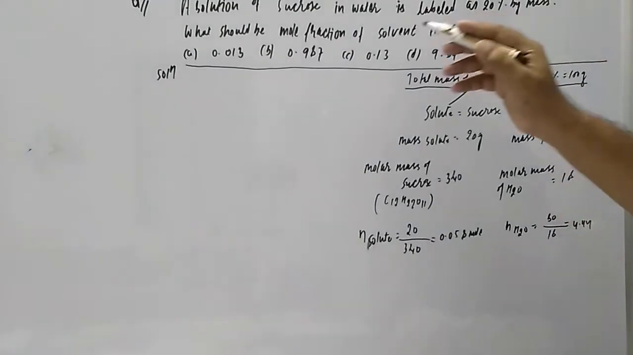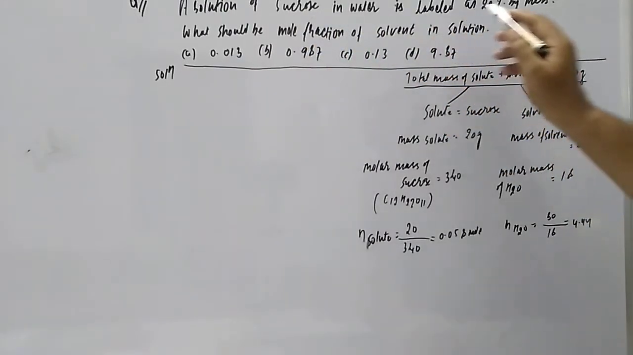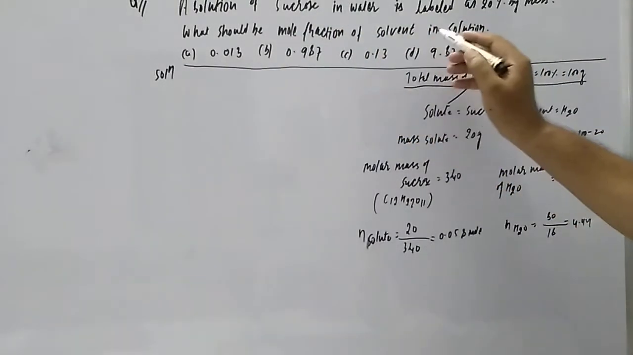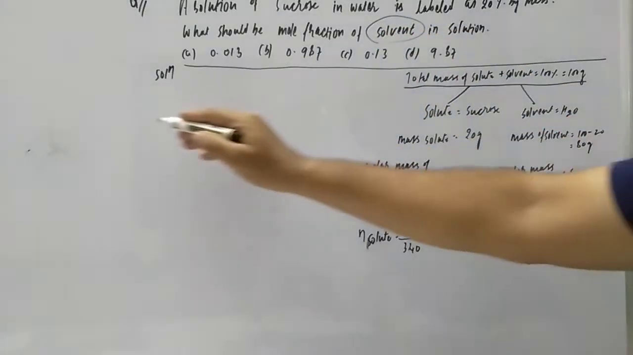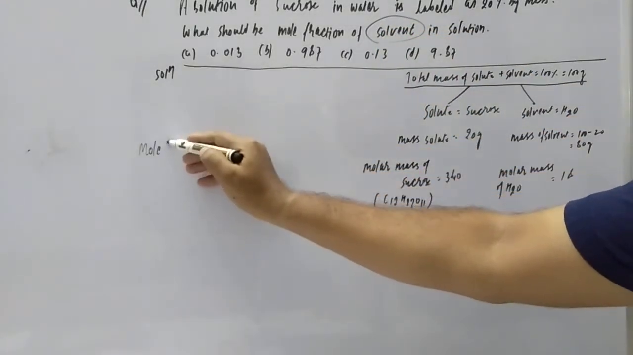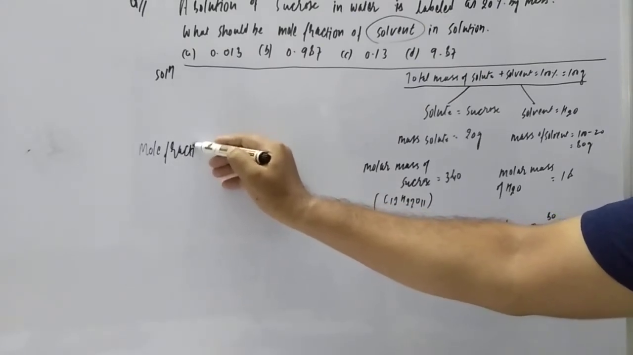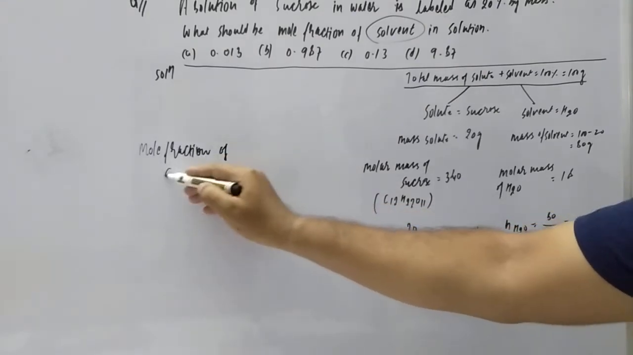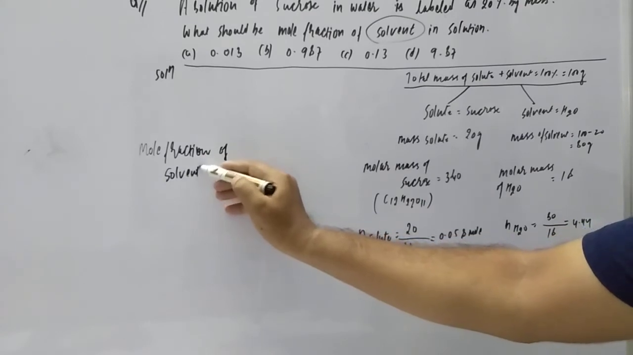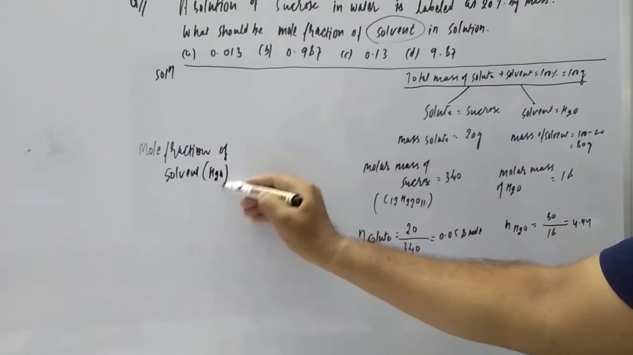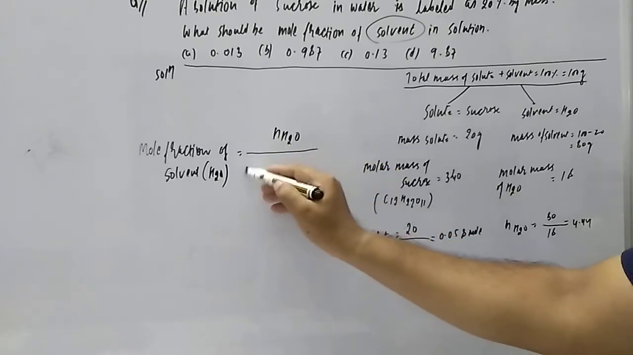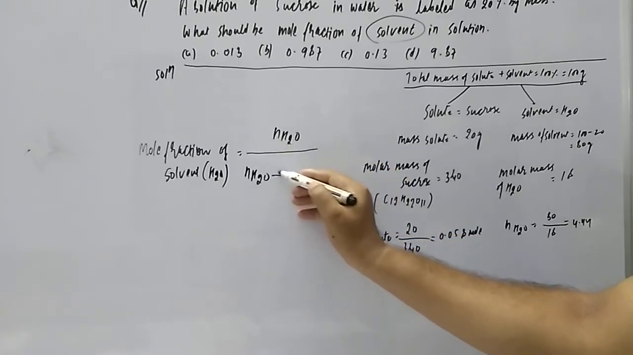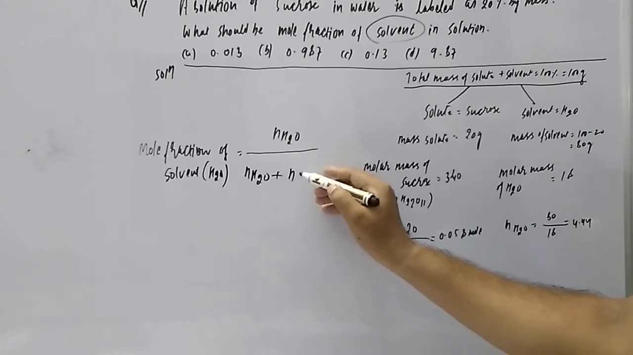Now read out the question. A solution of sucrose is this much. What should be the mole fraction of solvent? Dear student, what is the solvent? Water. So the mole fraction of solvent, in bracket H2O, is n(H2O) upon total moles. Total moles means n(H2O) plus n of sucrose,